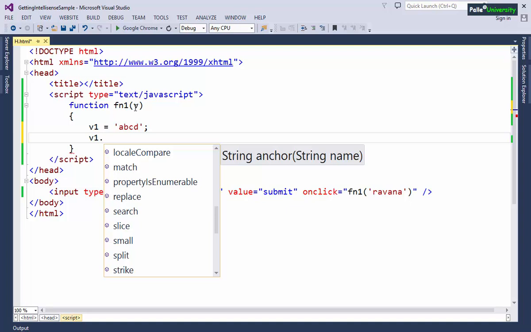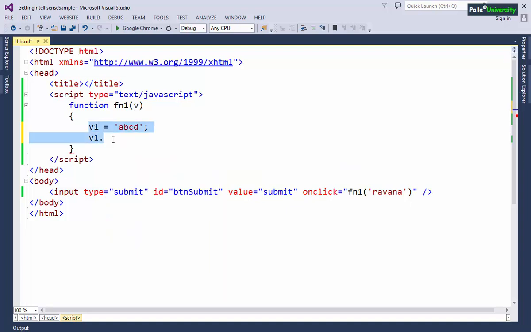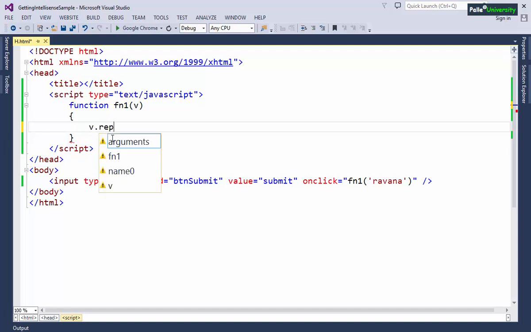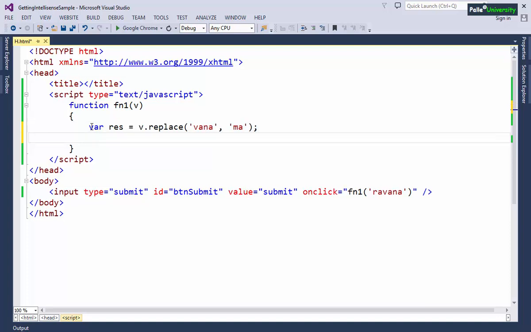So replace is appearing like a function only. Obviously we know that we can use that replace with v also. So I can directly write v.replace. Though it is not coming, I observed that replace is a function. So obviously I can go ahead and write the code something like this. I should not replace Ravana, I should replace VANA with MA. And this replace function is returning some data. For capturing that result, you declare another result variable, and display the res data. That's all. So this is the second approach, right?